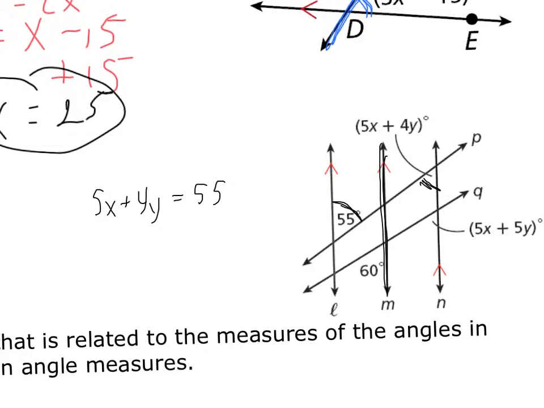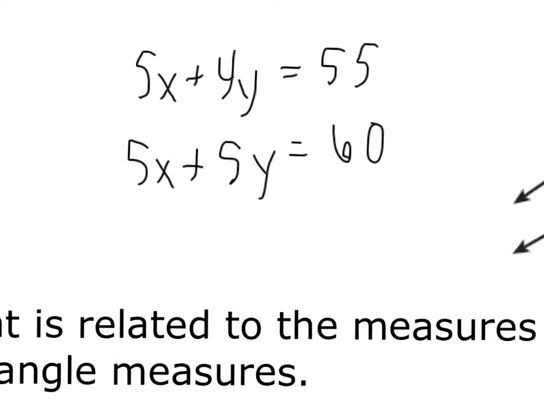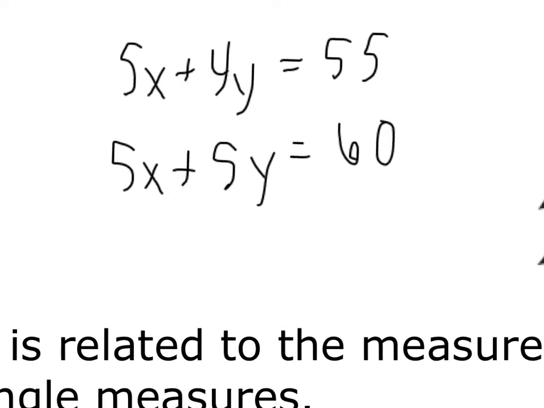And then if we look at our other one, 5x plus 5y, that angle is going to be equal to our 60 degrees because they are corresponding angles. Once again, this being your transversal. Okay, so we got 5x plus 5y, and that equals 60 degrees. Okay, so if you remember, when you have two sets of equations and we want to solve for our variables here, we have to do what's called systems of equations. Okay, and the one we're going to use here is called elimination. Okay, so if we go ahead and try to eliminate one of our variables,